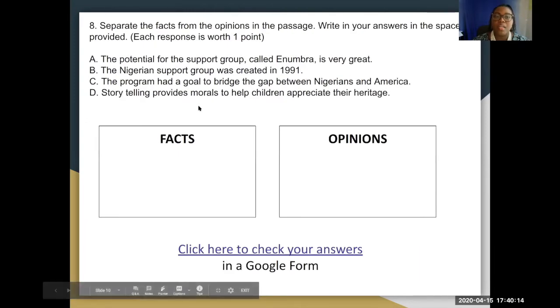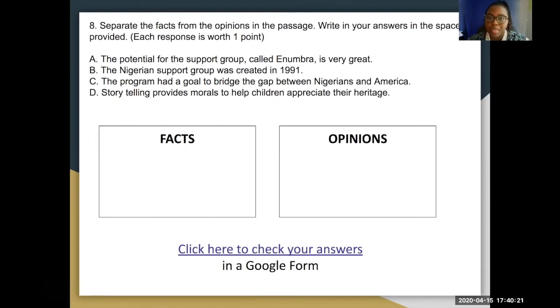And now, number 8, we're going to be talking about some facts and opinions. This is a nonfiction article, which means that it's got some facts from the story as well as some opinions. Like, Ms. Thompson is from Guyana, South America. That's a fact because I can prove it. I can find my birth certificate, things like that. Guyana is the best country in South America, though. That's an opinion. That's something that I believe. So you guys are going to either write your answers in the spaces. Which ones of these are facts and which ones of these are opinions?